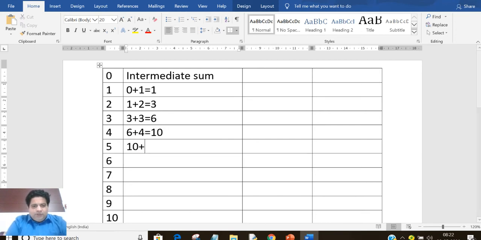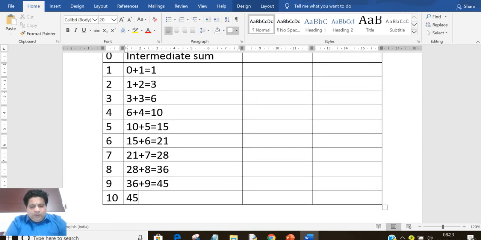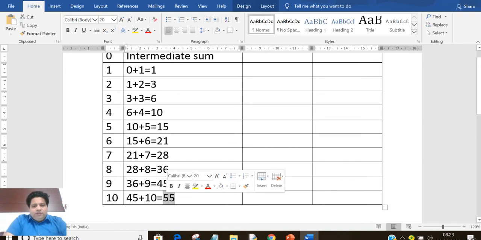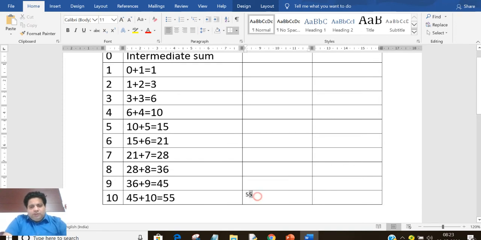Then 10 plus 5 equals 15, then 15 plus 6 equals 21, then 21 plus 7 equals 28, then 28 plus 8 equals 36, then 36 plus 9 equals 45, and then 45 plus 10 equals 55. It means the final sum is 55. This is the final sum.